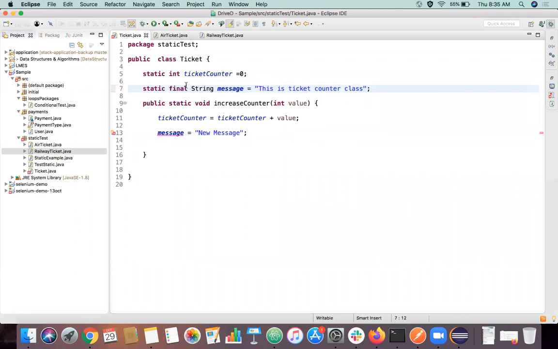One can be static and one can be final. The meaning of final is that the value cannot be overridden. So it's throwing an error. Once you declare this as final, even though this object message is referencing this, that object reference cannot be changed at all.